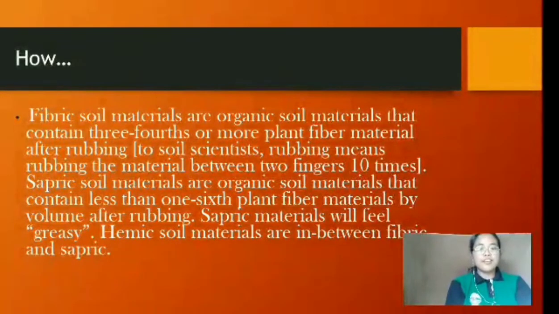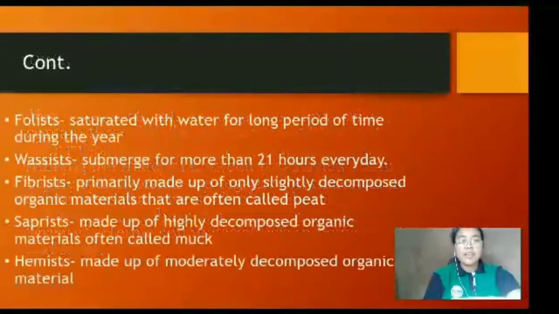In addition, there are different types of organic materials, including fibric, hemic, and sapric soil materials. Fibric soil materials are organic soil materials that contain three-fourths or more plant fiber after rubbing. Sapric soil materials contain less than one-sixth plant fiber by volume after rubbing. They also feel greasy, while hemic soil materials are in between fibric and sapric. In general,